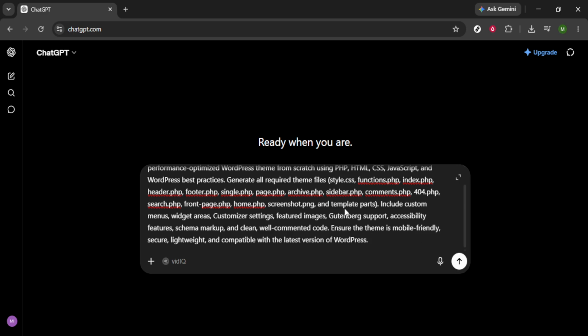Make sure to mention that you need files like style.css, functions.php, index.php, header.php, footer.php, single.php, page.php, archive.php, sidebar.php, comments.php, 404.php, search.php, frontpage.php, and screenshot.png. It might sound like a lot, but think of it as laying the groundwork for what your theme will ultimately